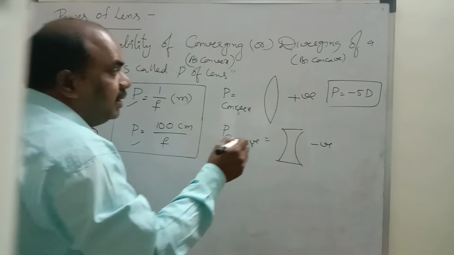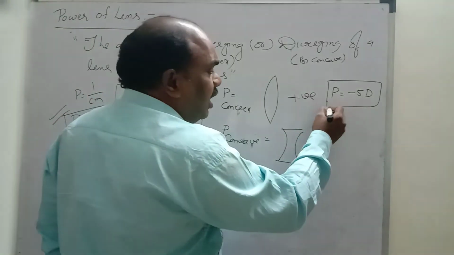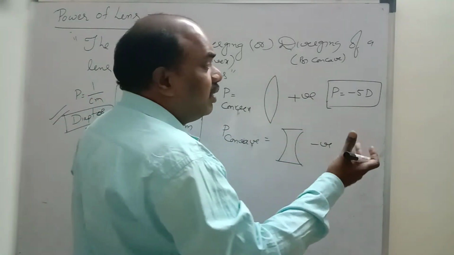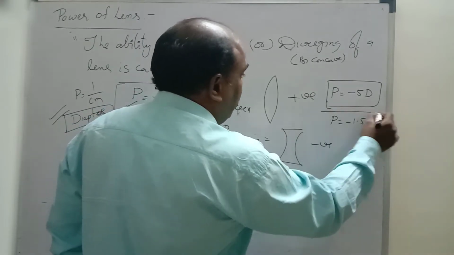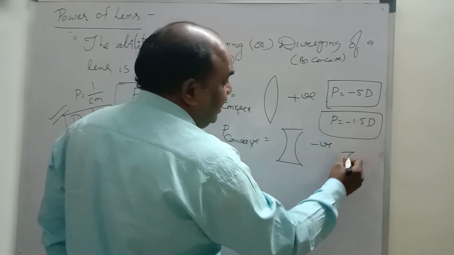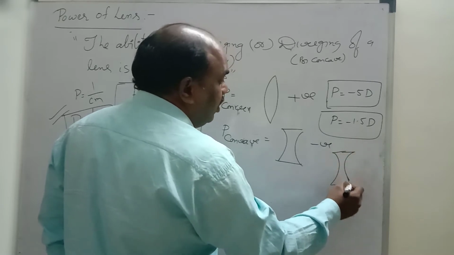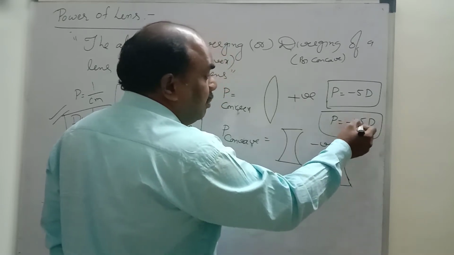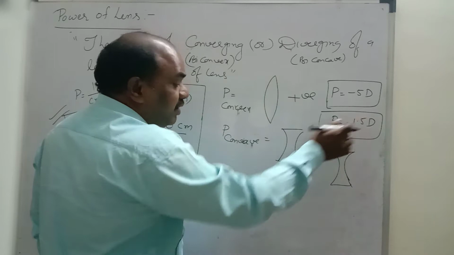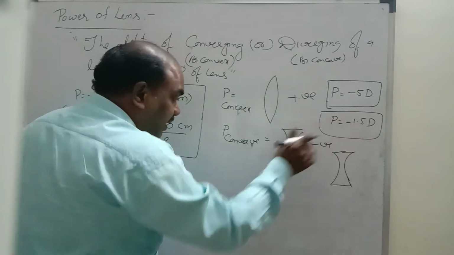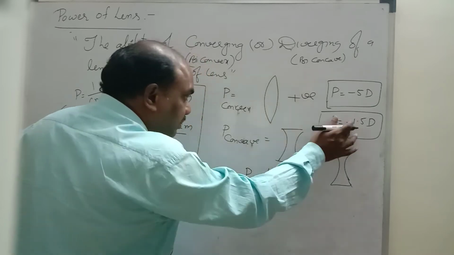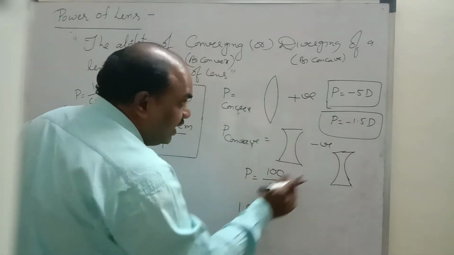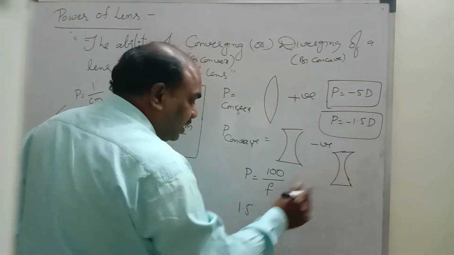So if you go to any eye doctor, any ophthalmologist, they will check your eyes and they will suggest, for example, -1.5 diopter. What does it mean? Minus means he suggested a biconcave lens. Diopter means nothing but power of lens. Sir, if you know the power of lens, how to find the focal length? Let us consider P is equal to 1.5. P is equal to 100 by F. Substitute 1.5; minus is not needed. Why? Because minus means biconcave lens.